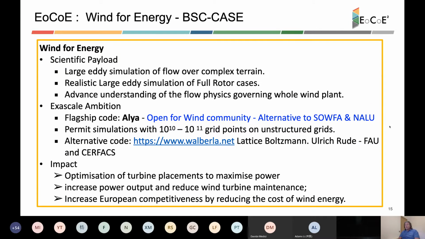In this way, Alya should be kind of an alternative to SOWFA, that is the most established open source code for wind. And actually, Tunalu, that will be its replacement, is currently being developed in the US as a replacement to SOWFA. So we hope that we can somehow compete with these codes. We are targeting simulations of 10 to the 10 or 10 to the 11 grid points by the end of the project, at the end of